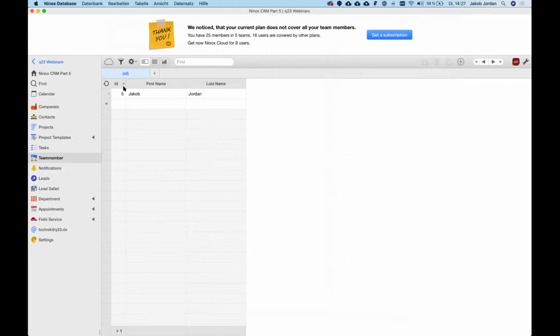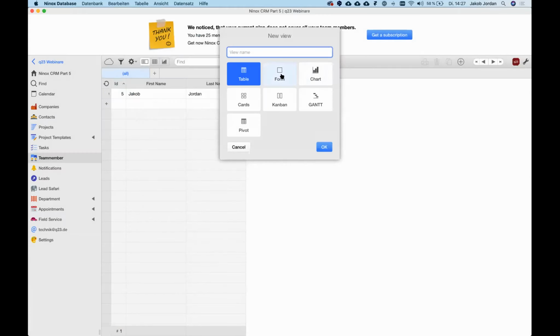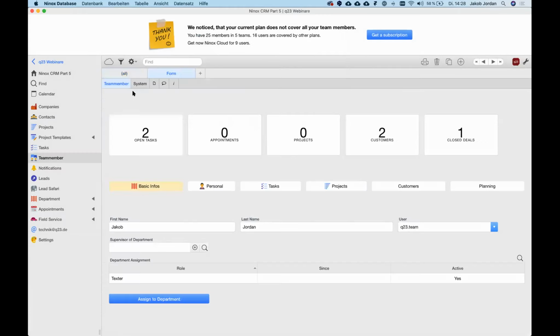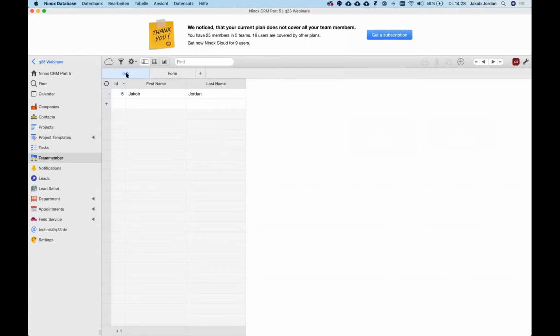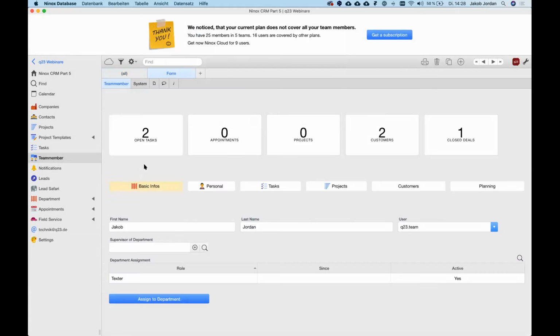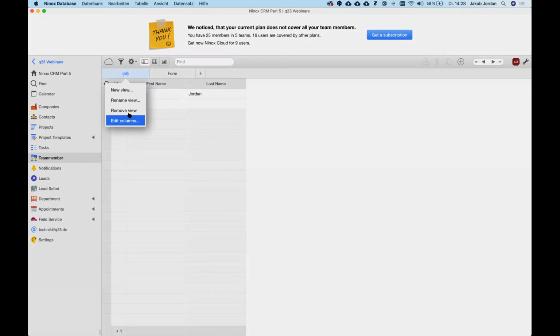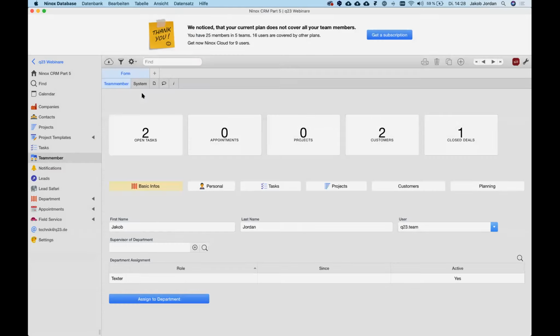And now I also don't want the team members to have to click on the entry. So I just add a new view, which is form. And it shows the form in full screen. Then I can remove the view. And from now on, all the team members that go to team member see only their profile. We could also rename it profile, but yeah,